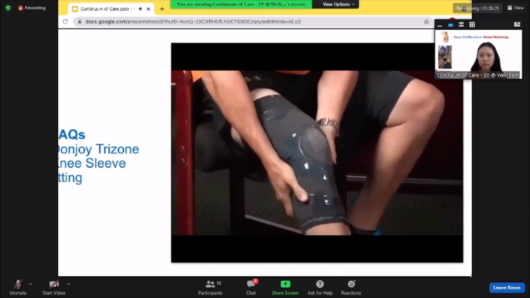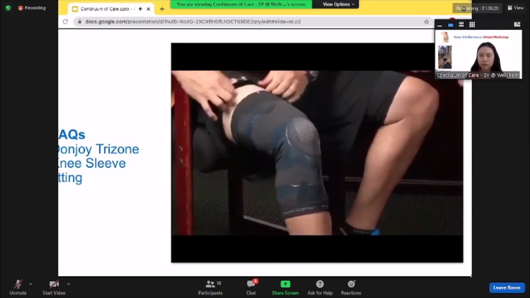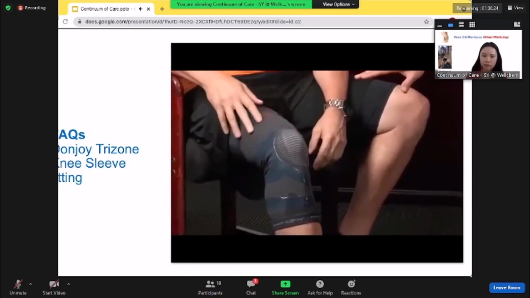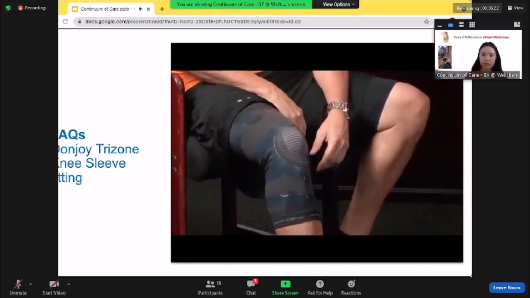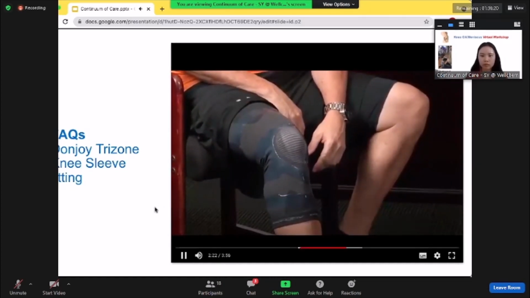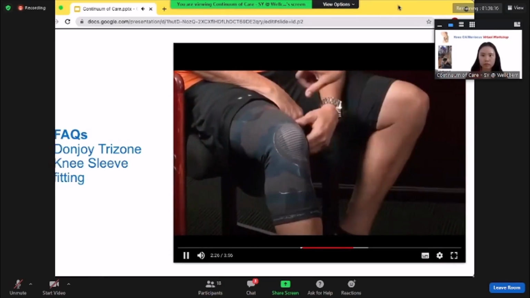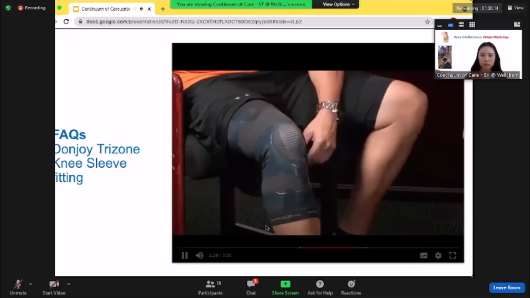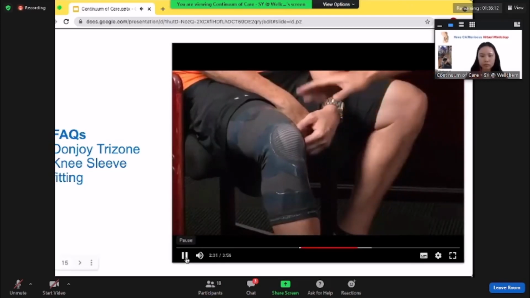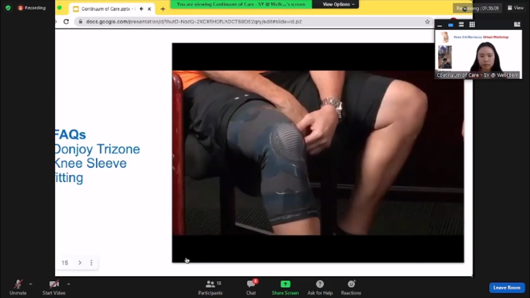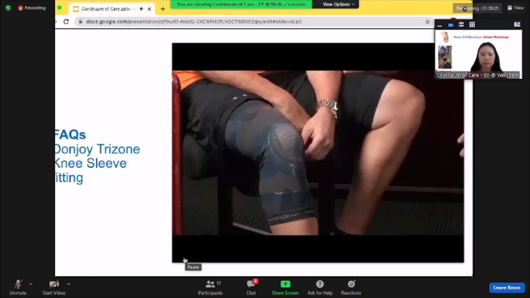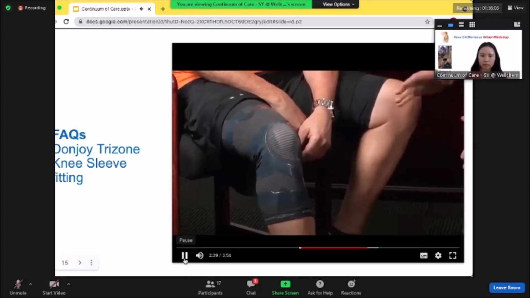What you'll notice with the knee sleeve is that on the inside of the sleeve, there's silicone as well. And that's to help grab and make sure the knee sleeve stays in the correct place. There's also silicone around the top and around the kneecap. And sometimes your skin has to get used to the silicone. So you'll want to break it in and wear it maybe just a couple hours a day during your workouts, and then take it off. And then at some point, if you'd like to wear it for longer, you can.